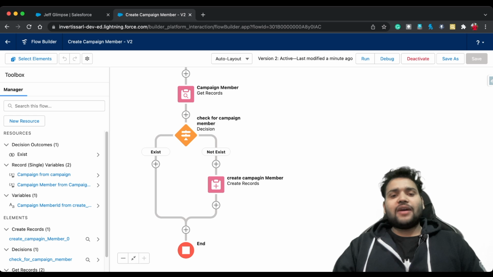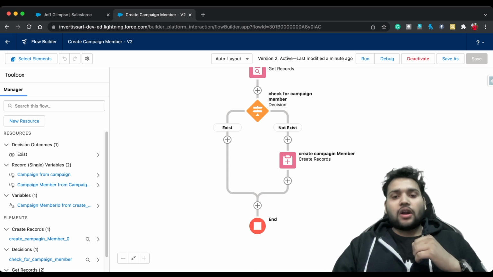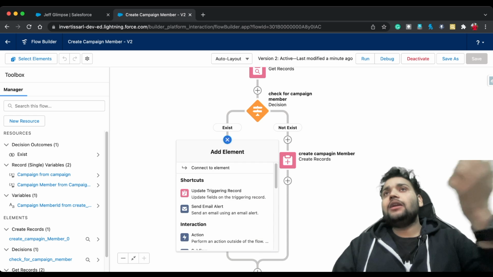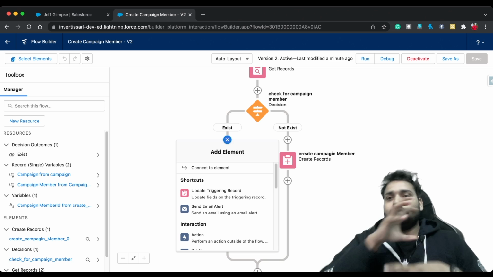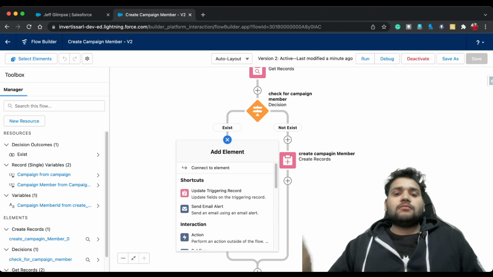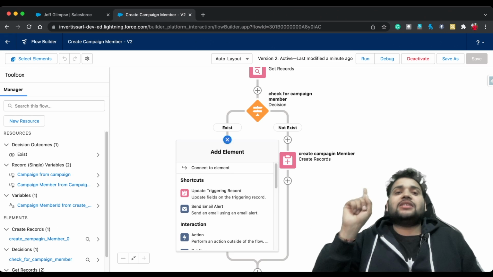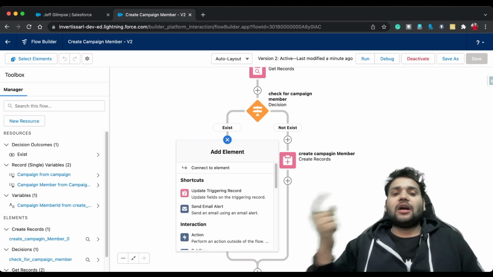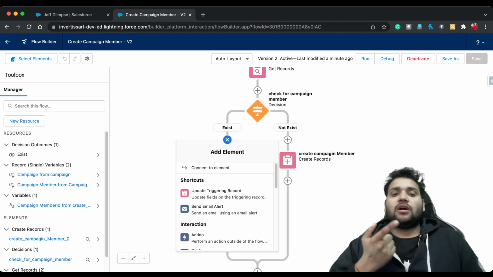If you want to notify your user that the record existed, you can use a custom notification, or you can send an email to the lead owner that the lead you are going to, let's say, add in the campaign is already there. So you can use a custom notification or send an email. All the videos you can see on the I button, you can check them out. I already created those videos on how to send a custom notification and how to send an email with the help of a Salesforce record triggered flow.